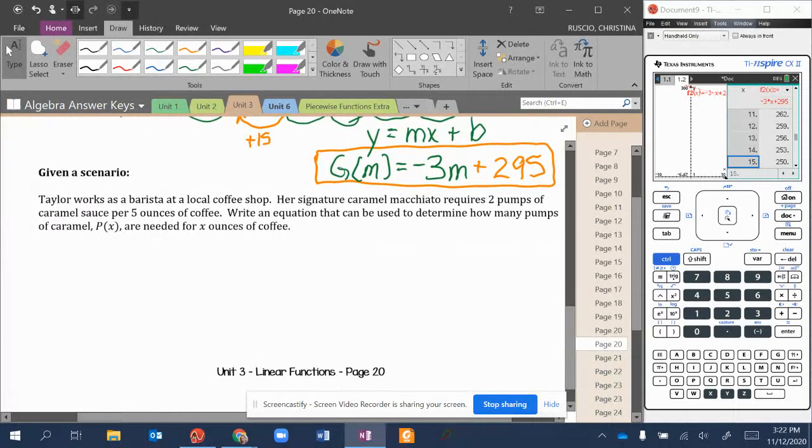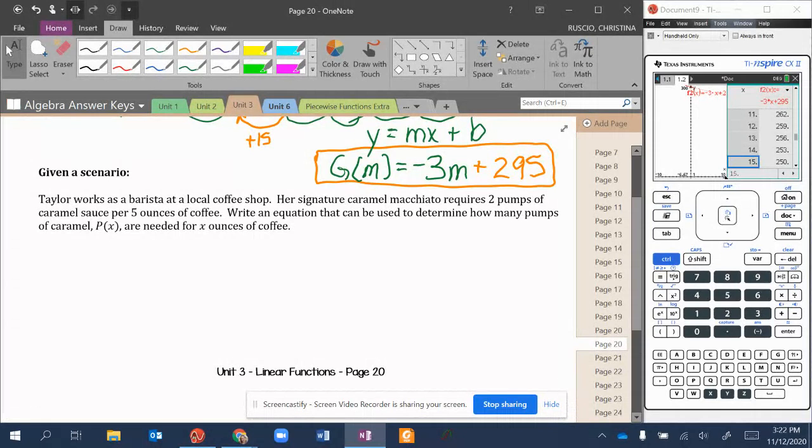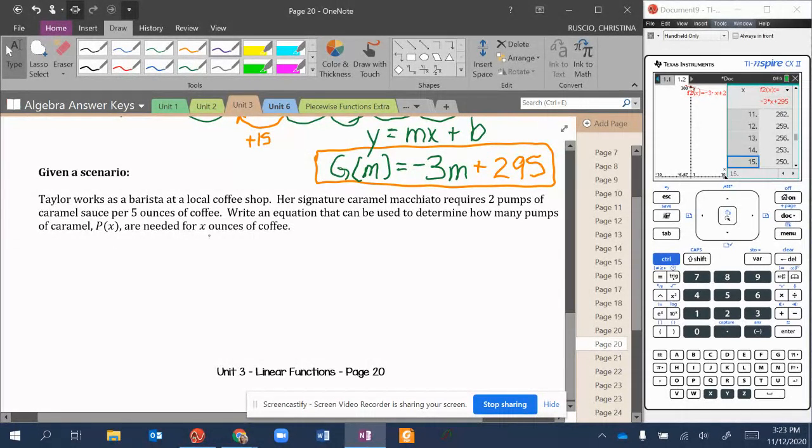Now from a scenario, let's see what's happening here. So Taylor's a barista. She's at a local coffee shop and she makes a caramel macchiato and it requires 2 pumps of caramel sauce per 5 ounces of coffee. Wow. Okay. So write an equation that can be used to determine how many pumps of caramel, P of x, are needed for x ounces of coffee. Ooh, let's set up a table. So x ounces